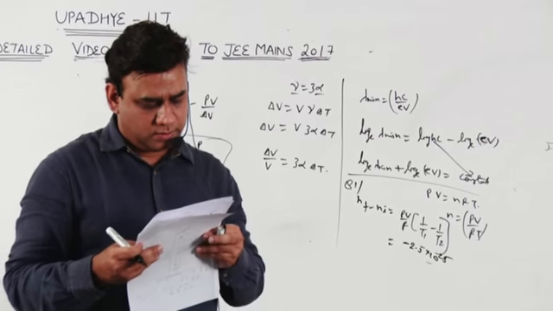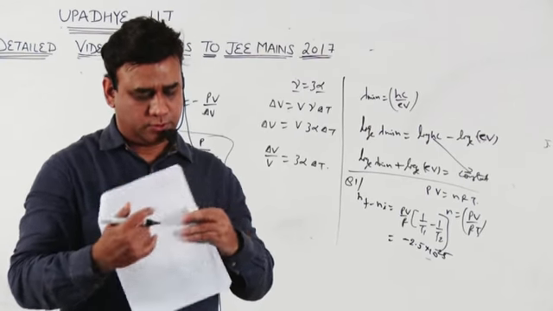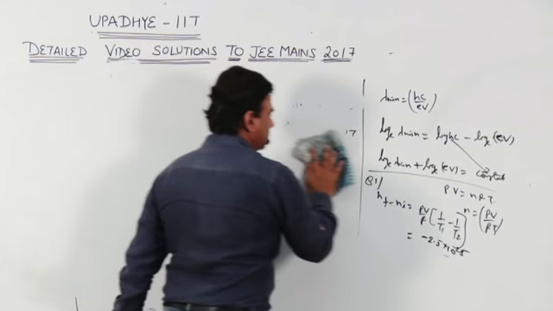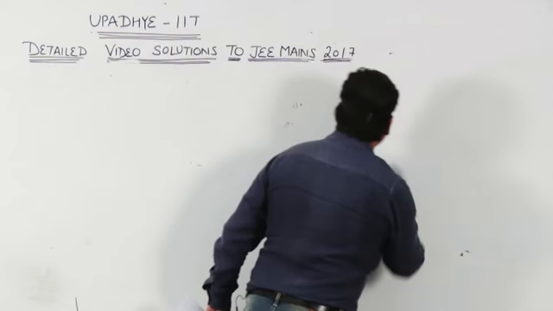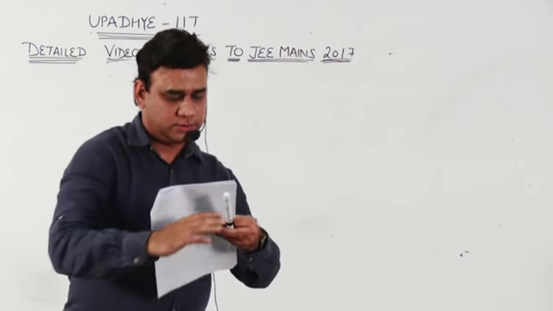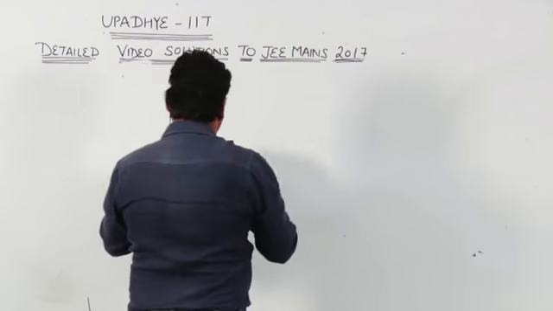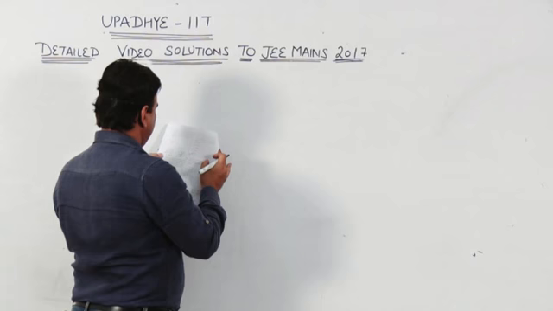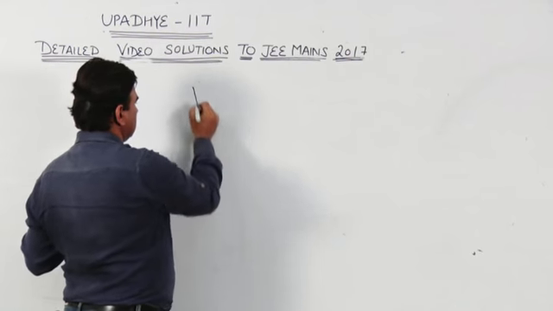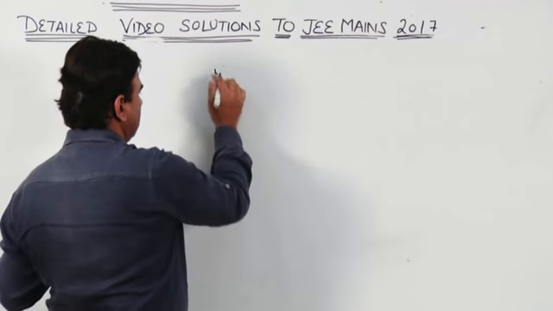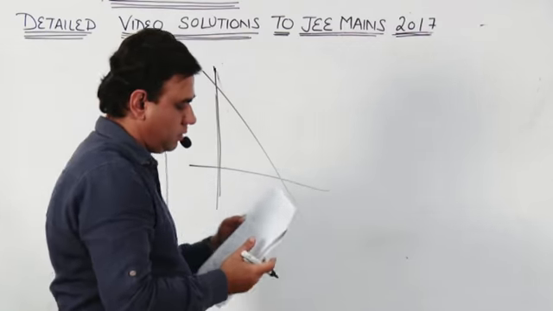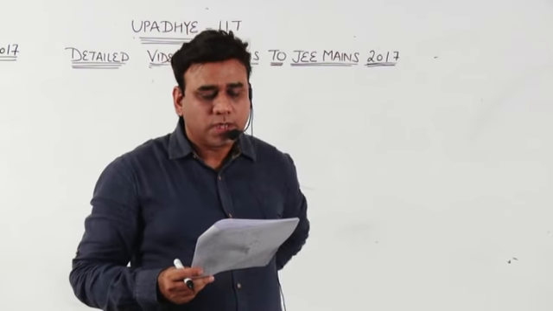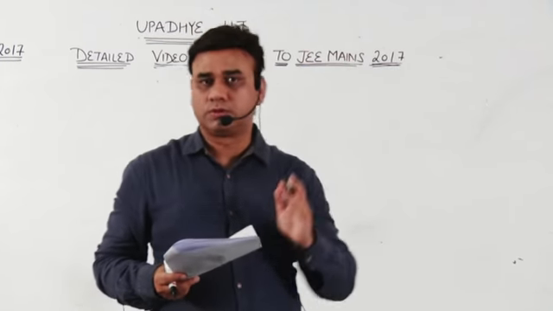Let's move to question number 82. Question 82 is again based on a graph, because a little bit of mathematics is involved in this question. Basically they are asking about the magnitude of change in flux through the coil. If there is a change in flux, then EMF will be produced, and if EMF is produced and the loop is closed, then current will be produced.